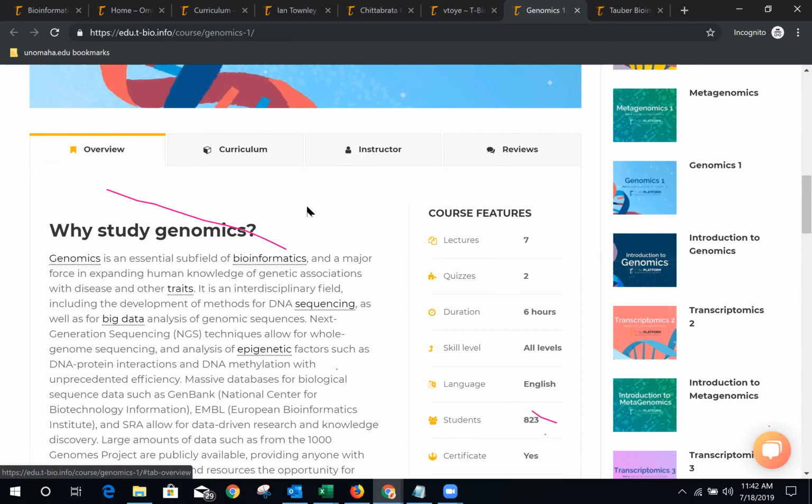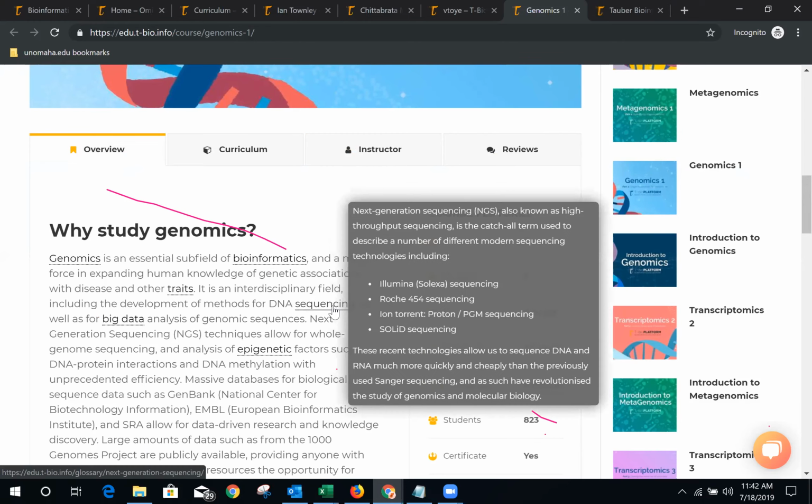With the overview, I would like to highlight certain things. Let's say you're going through the course and you're not very sure about sequencing, like what exactly is sequencing. You could hover over this specific word, and a definition would come across. You could see what exactly next generation sequencing is, and some of the key points